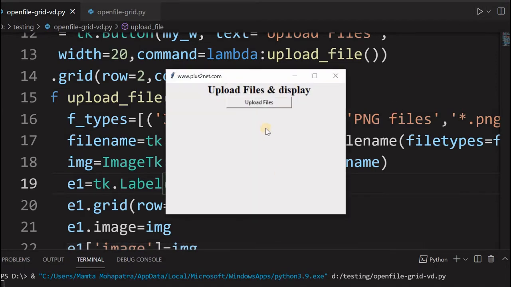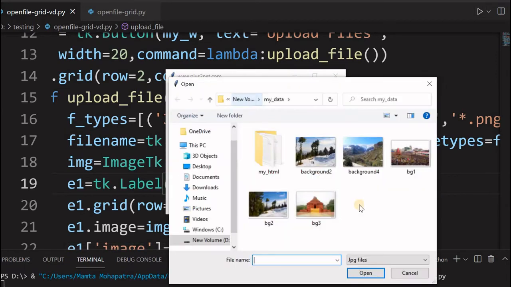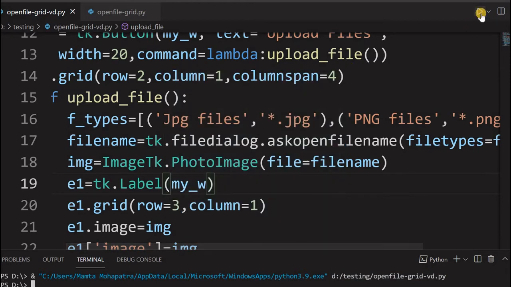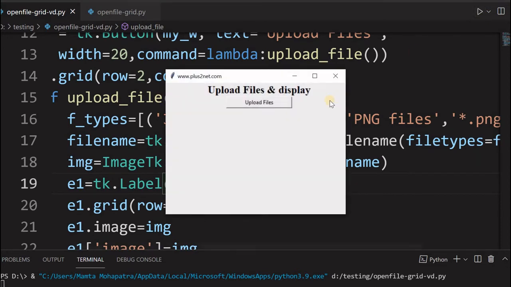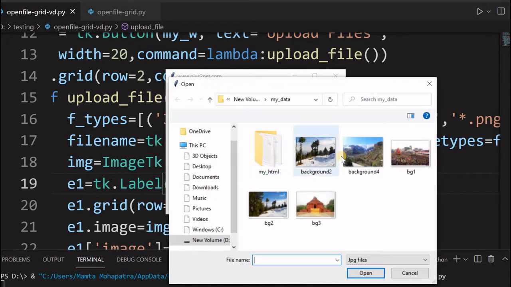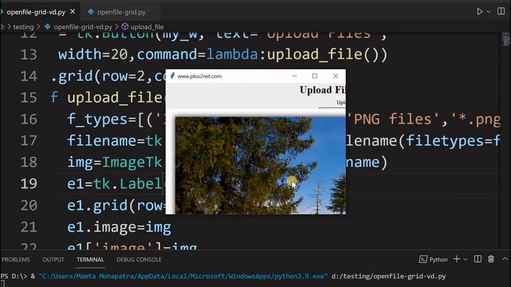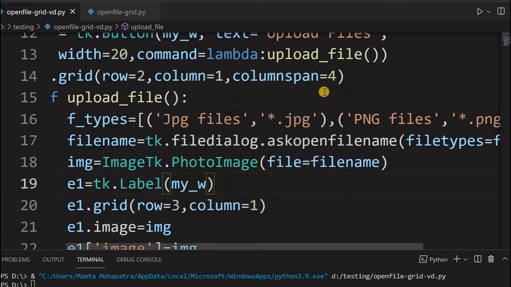So you can see, okay, fine, this has come up, we have already seen. Now let me select a picture. This is a big picture actually, so I am selecting one. Now open, let's see how it comes. You can see it has come partly. Okay, let me go for a small one, that temple one, because I am not controlling the size, so only part of the picture is displayed. Yeah, you can see only the part of the picture, because it had to be reduced to fit within the window. So that we'll see next. Let me close this. Before displaying, we'll resize it.